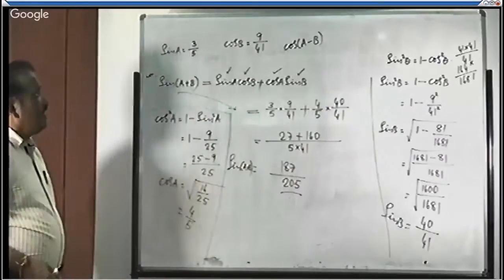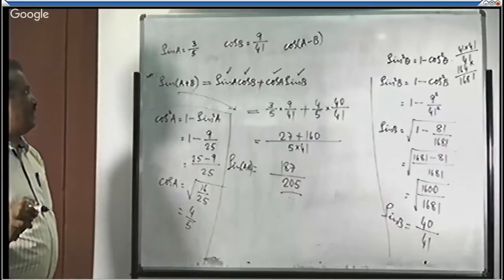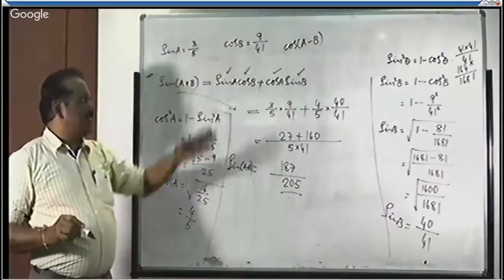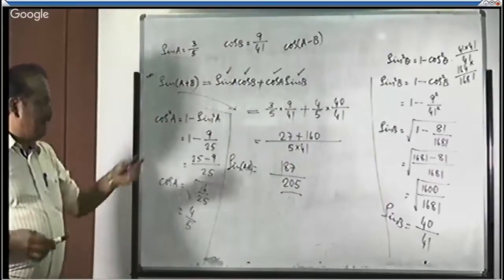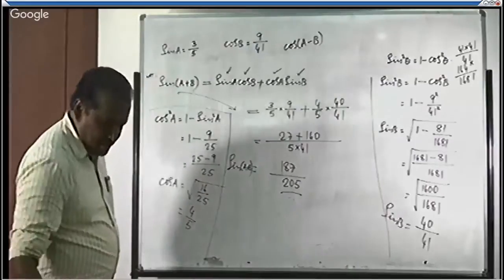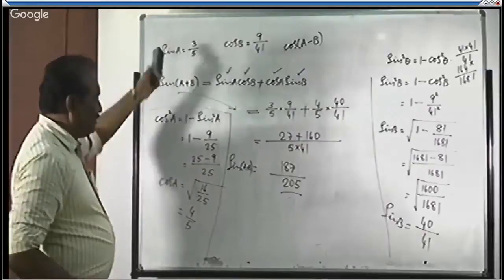You can find the value of cos of A plus B or even cos of A minus B also. If you write cos of A minus B, as we all know, cos A cos B plus sin A sin B. Find out the cos A as it is, find out the sin B as it is, replace it and simplify, you will get some numerical. So for cos of A minus B, this is the way to find, like the value of sin of A plus B. So in this case,